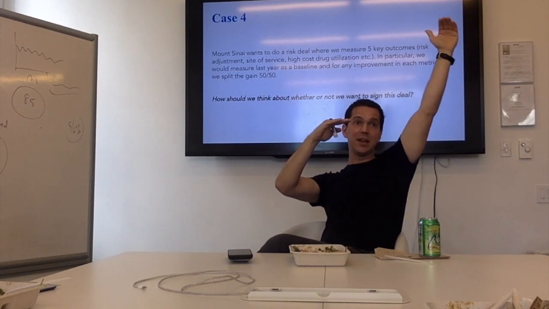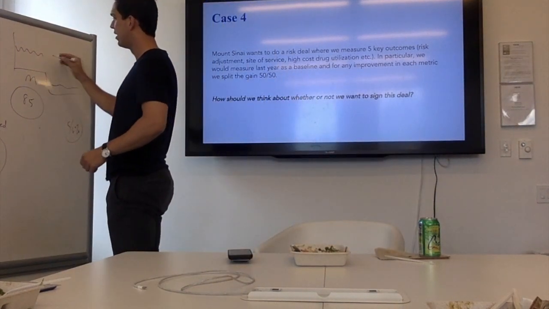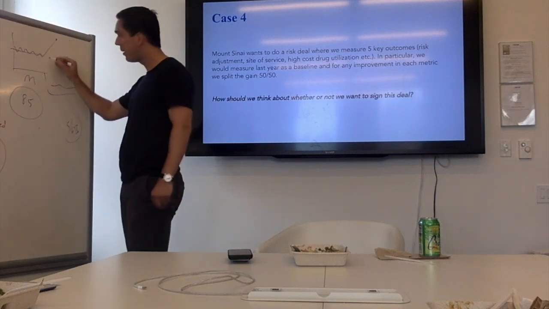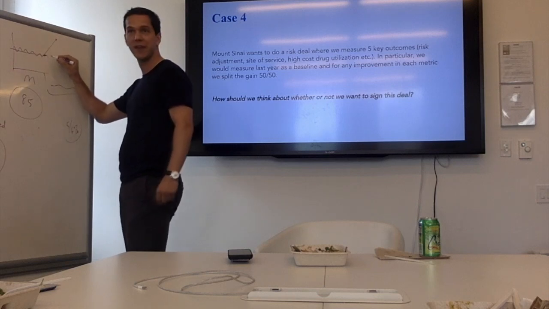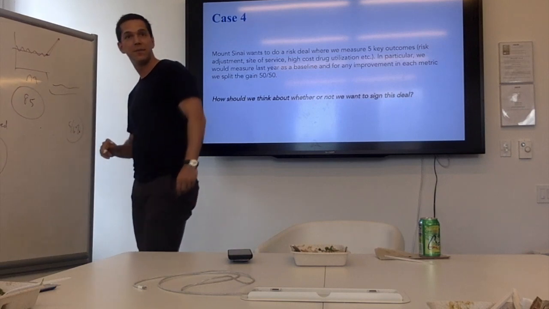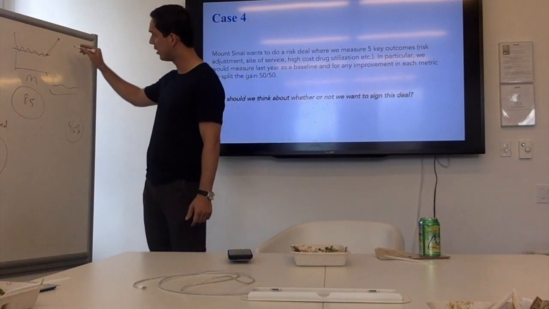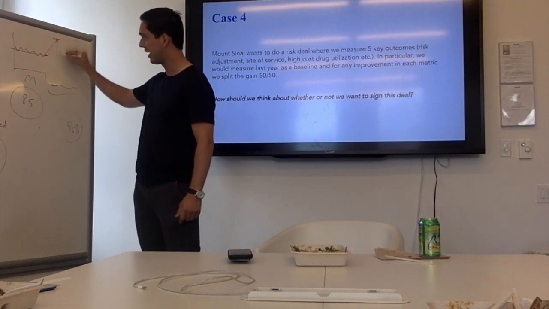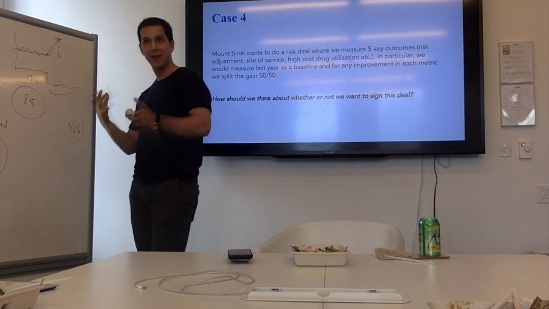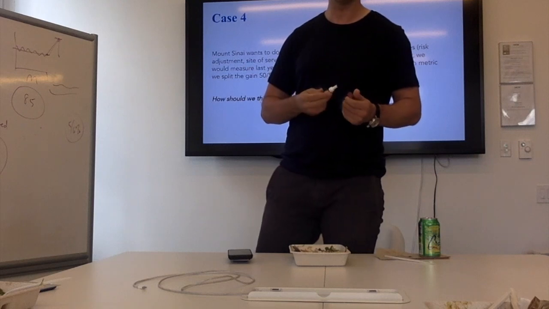If we thought this thing moves around like this every year, and we believe Sinai can move it here, paying this little tweaky amount, if it happens, is peanuts relative to the chance that Sinai can move it there. And that's the thing that, as the account manager, you have to begin to think of: how much do I really think I can move this thing, and how much randomness is there anyway? It's the relationship between those two things that governs whether this is a good deal or not.